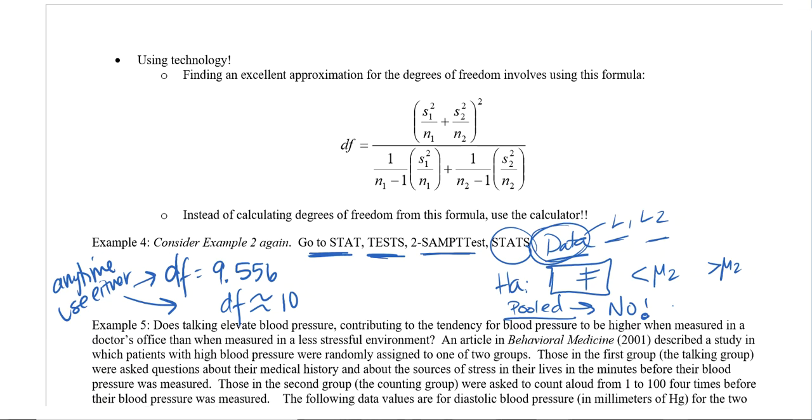So it may change your p-value if you're comparing your answers to your friend's, but I have both answers, so it's fine. It only changes it in a very minute way. Also, the AP exam is written so that on the multiple choice, no matter which one you use, you would select the correct answer. Okay.